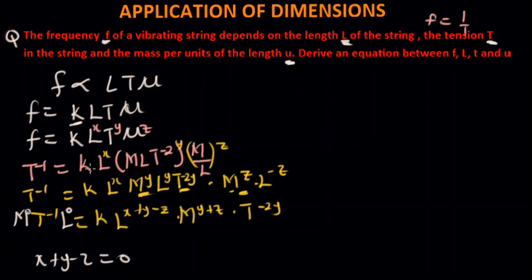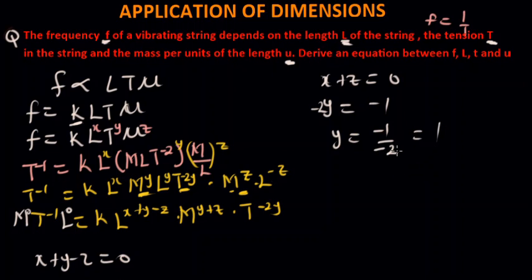Okay, then we'll come to the next one, that is m. So m is also 0 here, so we have m has a power of x plus z equal to 0, and the last one is y, that is negative 2y is equal to negative 1. Okay, so we'll have our y to be equal to negative 1 over negative 2, which is equal to what? 1 over 2. Okay, so now that we know y,